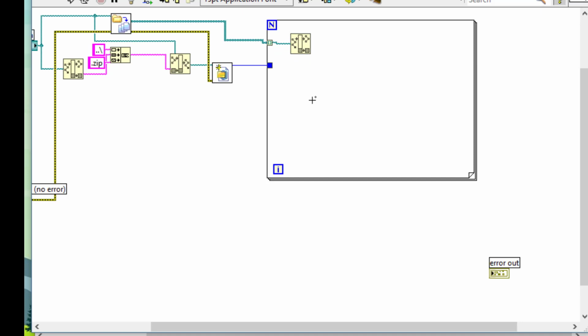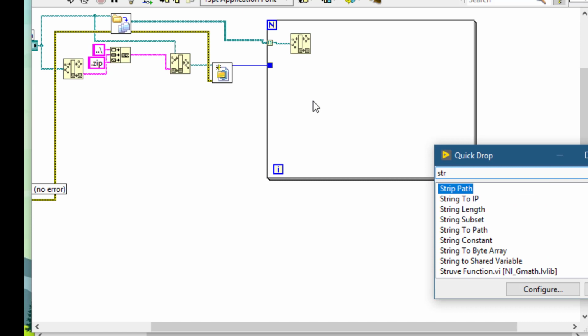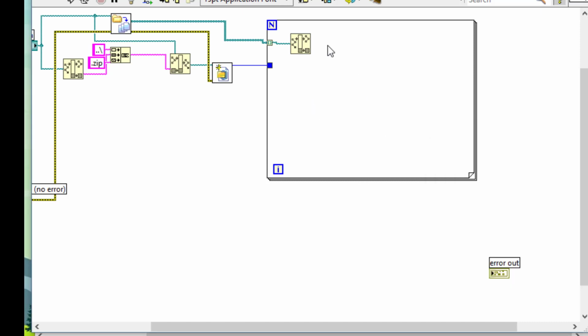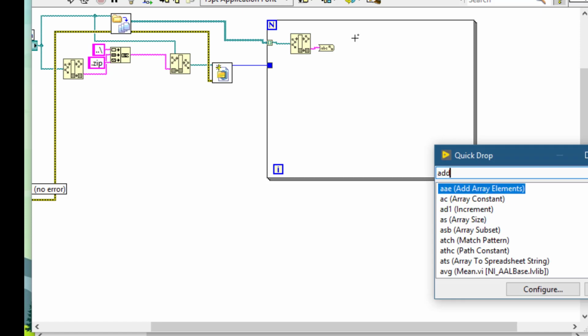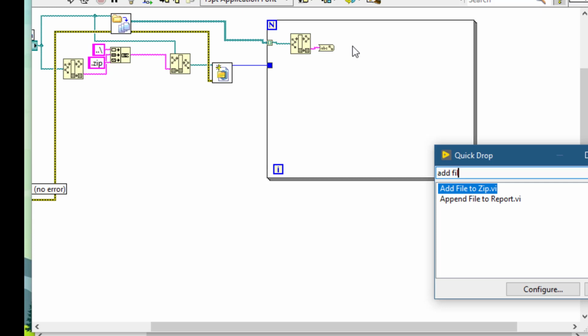We will convert path string to path function. Convert this name into a path, and we will use add file to zip function